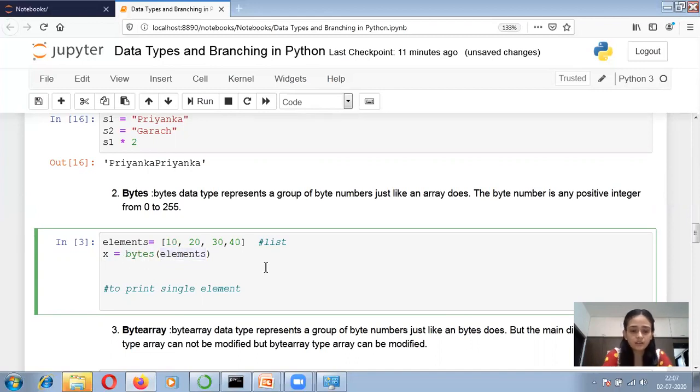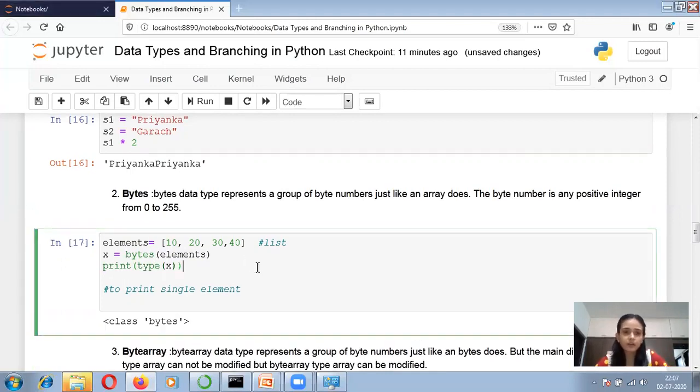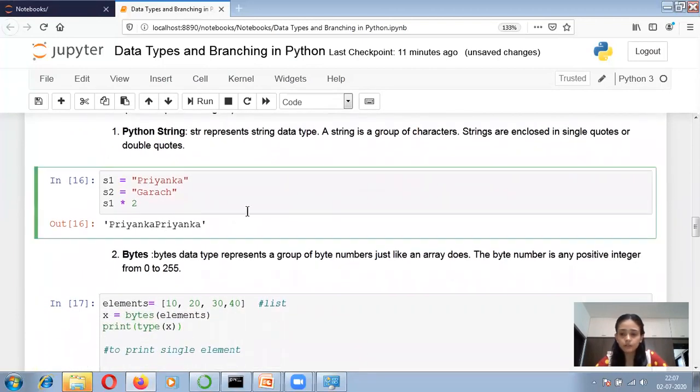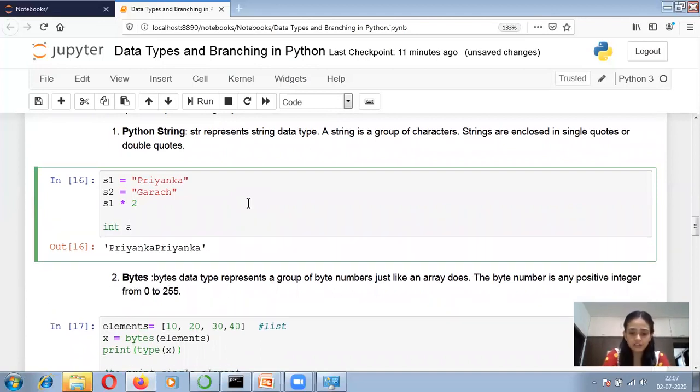Let's check the type of X, that is print type of X, and I am getting the type as bytes. Also over here, you can do explicit type conversion. Suppose I have integer a.